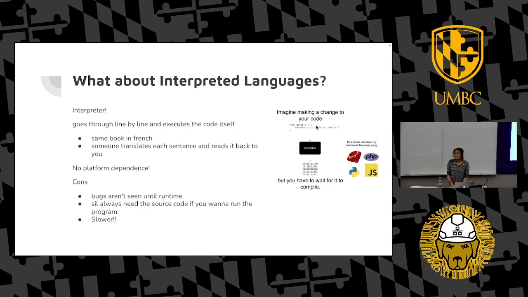It's great because there's no platform dependence, because the interpreter's executing everything, not necessarily the machine itself. The cons, though, is that you won't see any bugs until runtime, whereas with compiled languages, because you're doing that build stuff first, you'll see the errors then. And you will always need to have the source code. Again, with the compiled languages, you build it into something else, and then that's what you execute. With interpreted files, you need to keep that source code there because the interpreter needs it in order to run